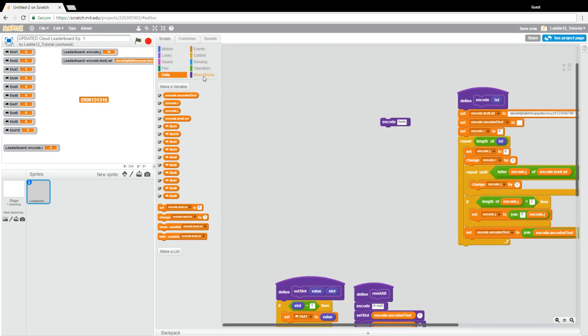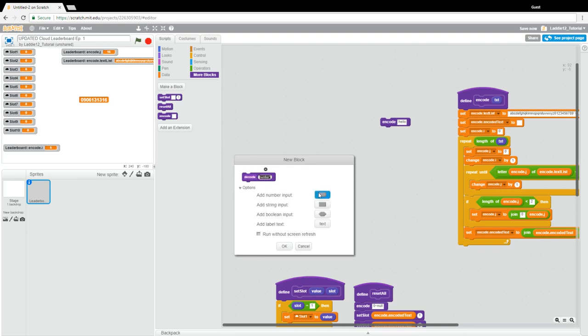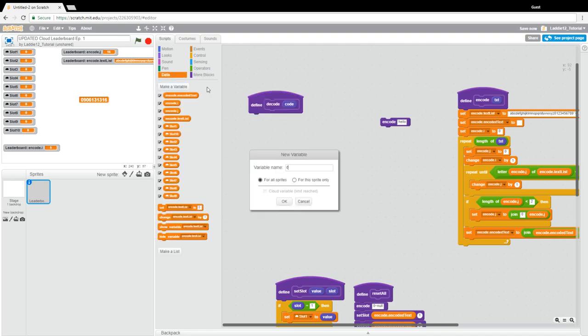Decoding could be a little bit harder to understand. It's going to be a weird block, but we'll get through it. Don't worry. So go ahead and make a decode, and I'm going to make a number input called code, and I'm going to run without screen refresh. Now we're not going to need as much here. We're going to have decode.i